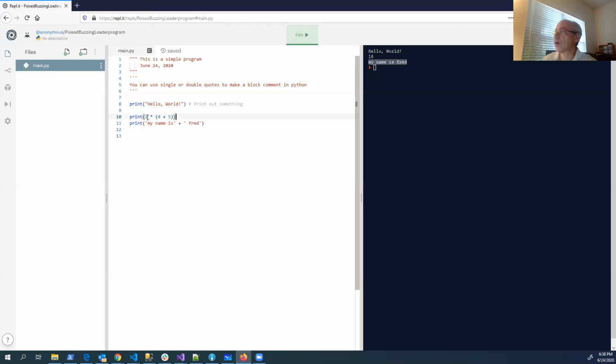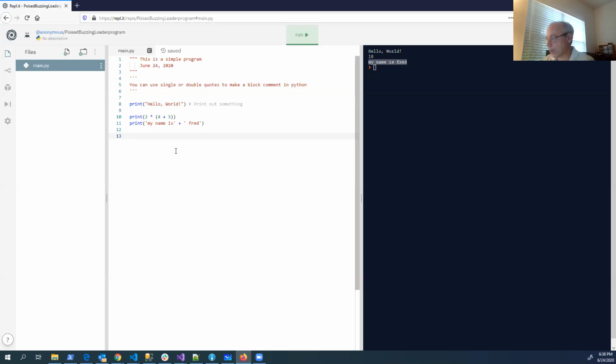When I wrote this program, I could have figured out that 2 times 4 plus 5 was 18. I didn't really need a computer to do that for me. Where things start to get more interesting is when we start to use variables, where a variable can have different values as the program executes.